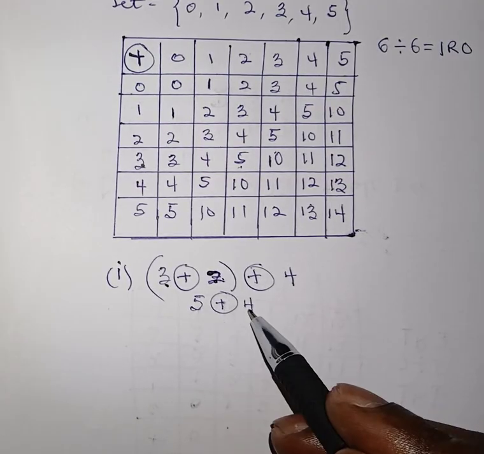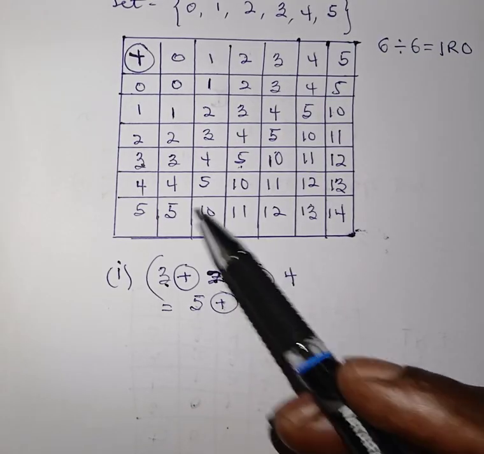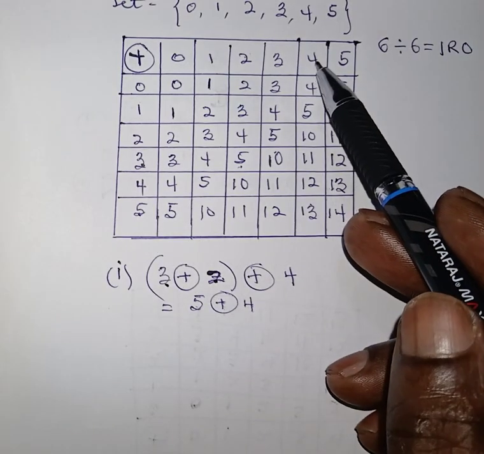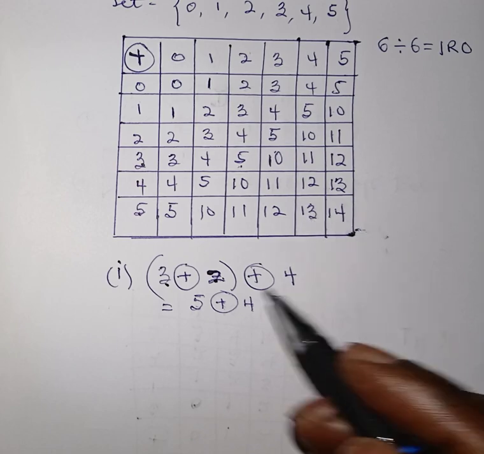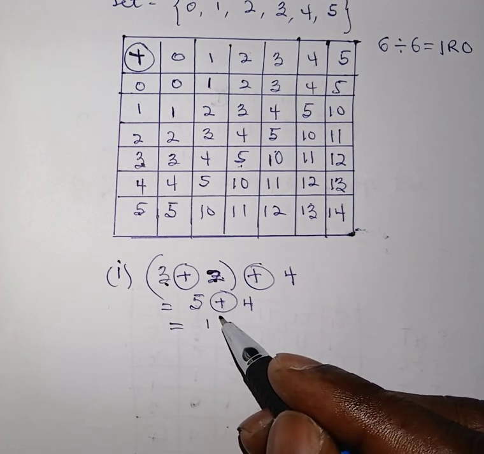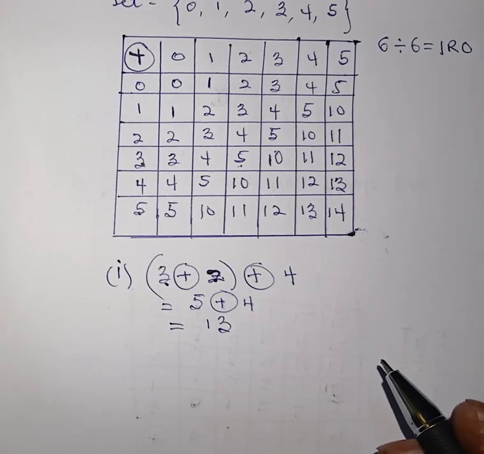Then you add your plus again, then 4. So you are going to look at for this one. Okay, so 5 plus 4. So I'll look for 5. 5 is here. Then I'll look for where 4 is. So 4 is also here. So I will trace it here and here. So you realize that the answer is what? 13 or 1 3. Okay, so that is how it is done. Now let's look at